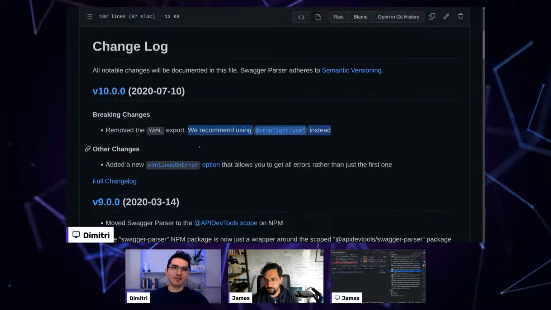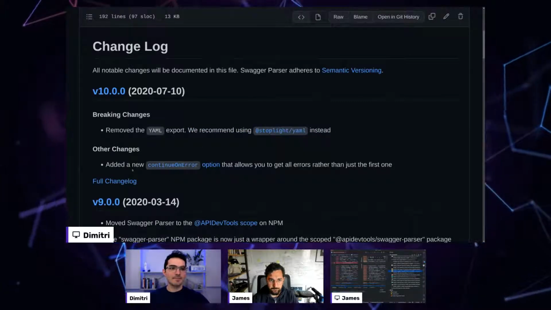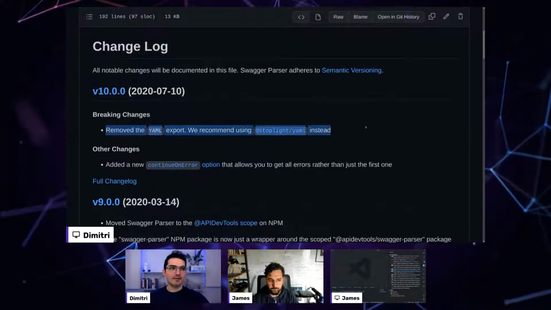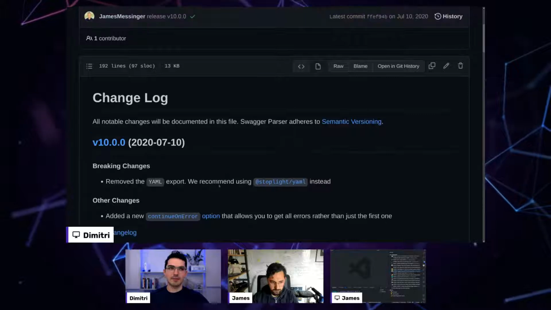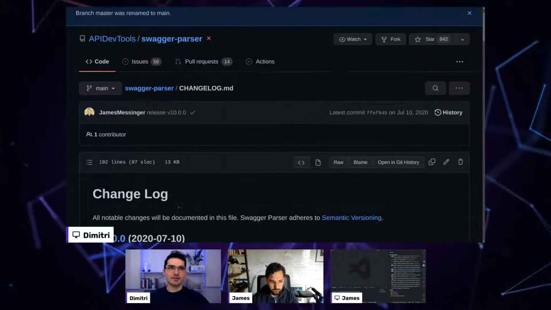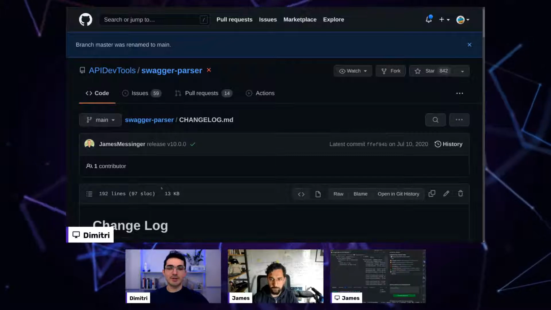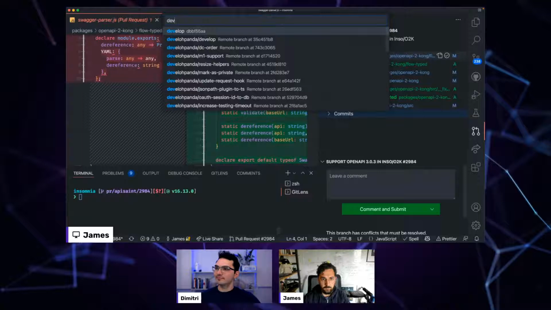Which answers my question. Actually, I was asking why would they do that in the first place? It seems like they agree because they removed it. But yeah, that's the whole reason for that. We have a YAML parser where I think we just used the YAML npm package anyway. It was already in the package and it should still be there. So yeah, that's the whole reason, and it should be pretty simple after that. But all the same,